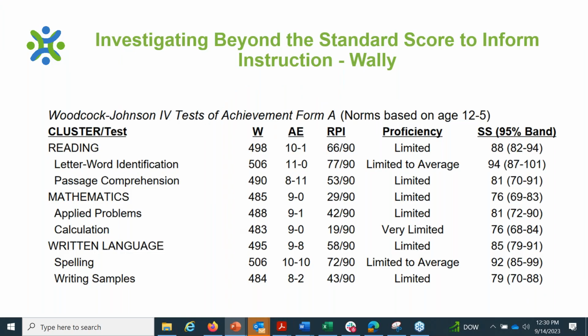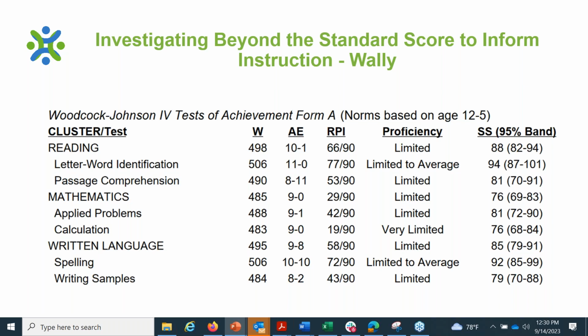So the other thing, this whole webinar series is called Beyond the Score, because we've been pushing this: let's not leave pertinent information on the table when we're using our norm referenced test. We can get some really good data if we move beyond just looking at the score. So this is a